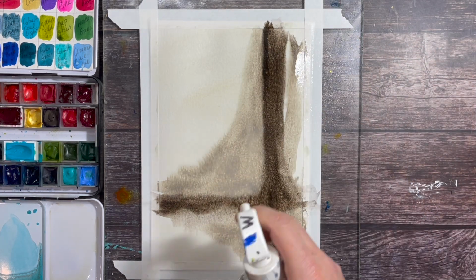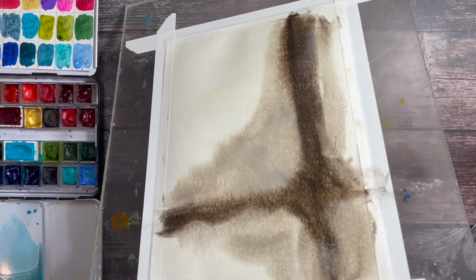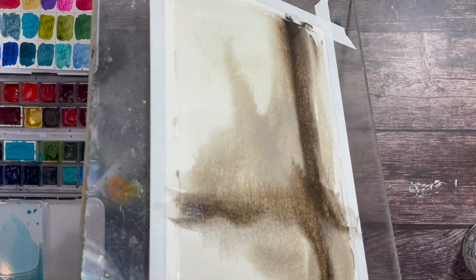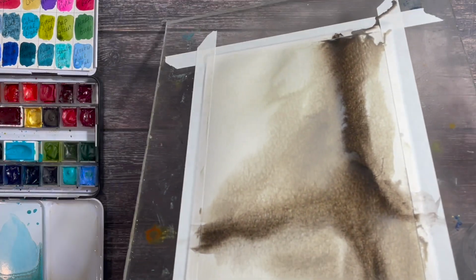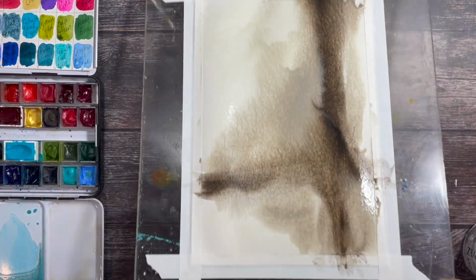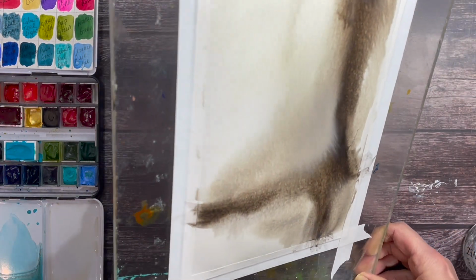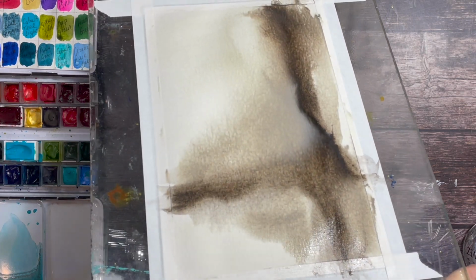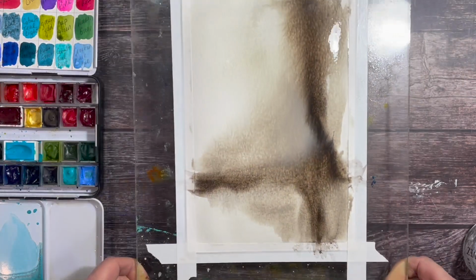I really love to work with lots of water when it comes to working with watercolors, because it is one of our most important allies, I guess, in the whole process. And when you're painting intuitively the way I do, it's important to not be afraid to try different things. And I find that when I'm working with water, it really helps me to be more flexible in my process,